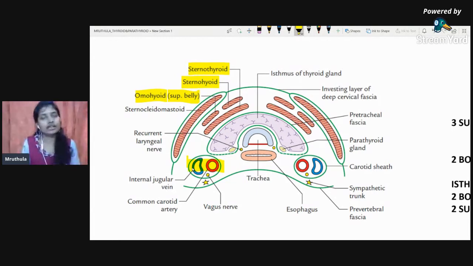And what else could be there? There is an internal jugular vein. You can see in the diagram: there is a common carotid artery, there is the internal jugular vein, and there is a nerve called the vagus nerve. So these are the three structures covered by the carotid sheath. And there are also two other nervous structures, but they are not the content of the carotid sheath. One is,